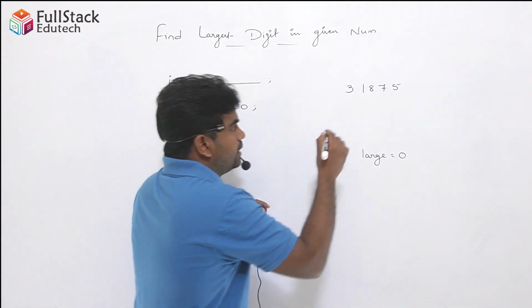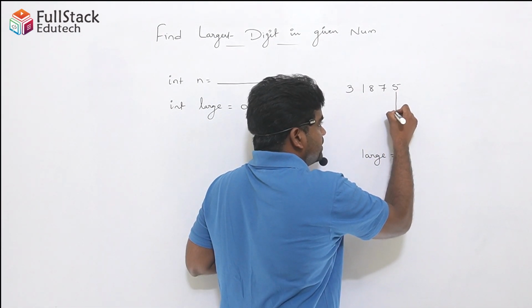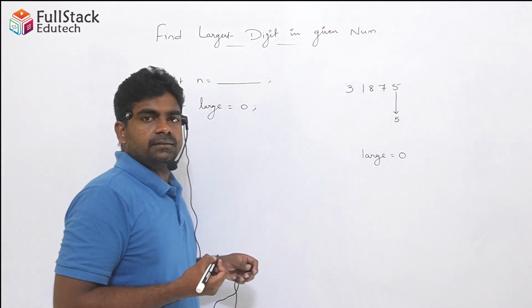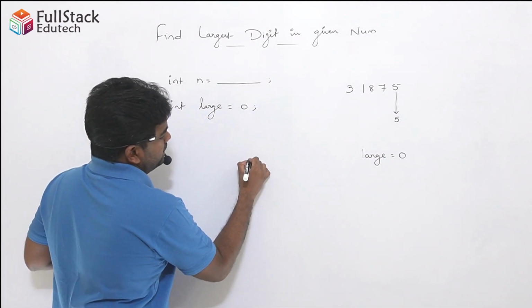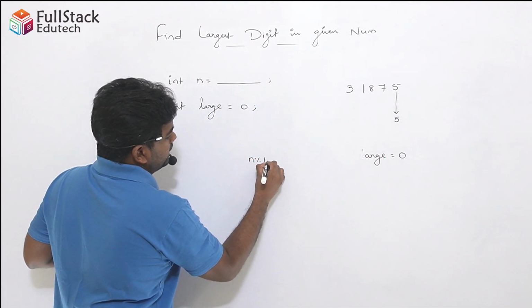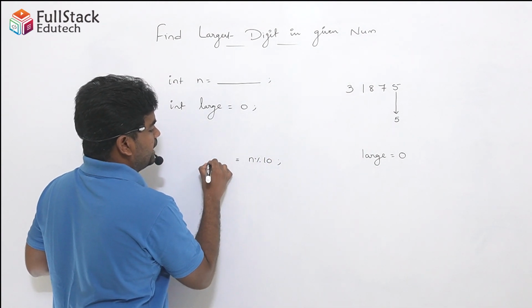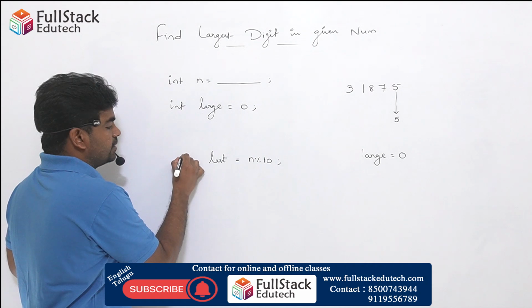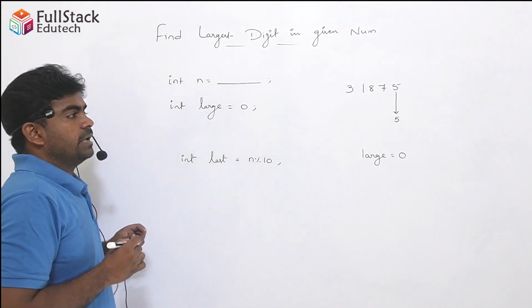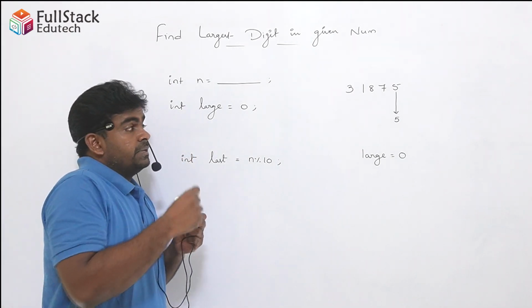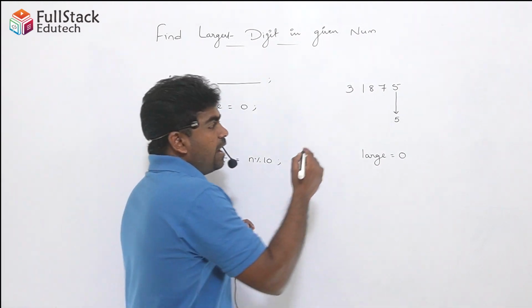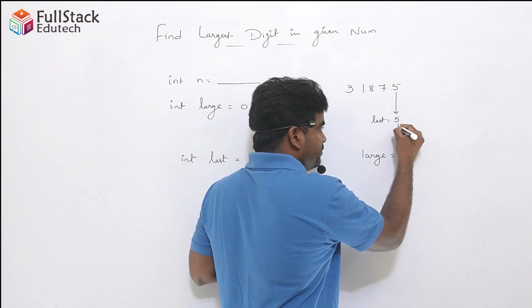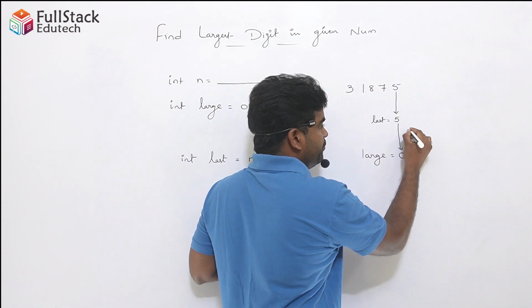Next, what are we doing? We are getting the digit 5. Sir, how to get the last digit? As we know, simply n mod 10, which we collect into last. Int last is equal to n mod 10. Getting the digit. After getting that last digit, we need to check if this last digit